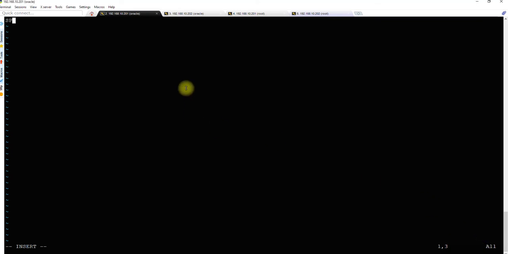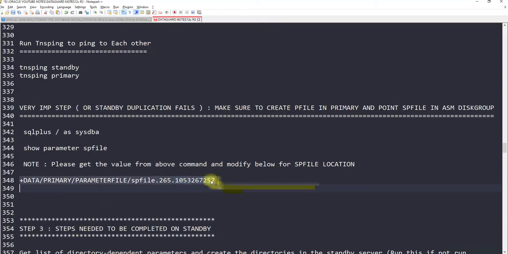Let's do it. spfile equals, and let's copy the location.